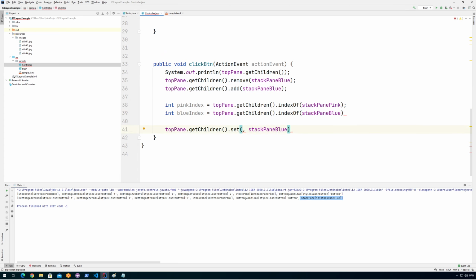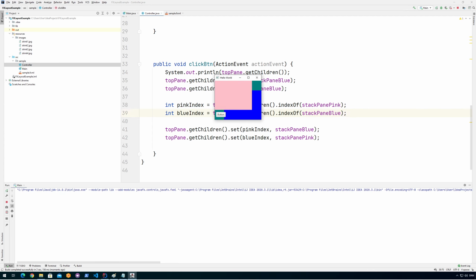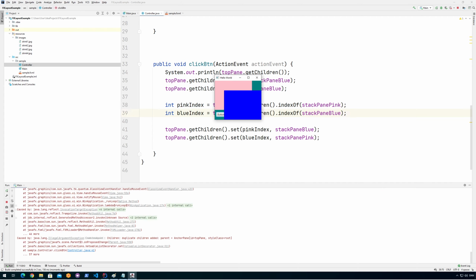So I want the pink index, I want to set it blue, and I can do the same thing for the blue index, I want to use the pink one. So this should also switch them back and forth. This way we can move between them. And this is the same thing we do within the StackPane. And as you see, I can use, okay, I did something